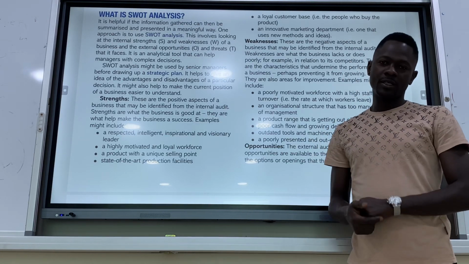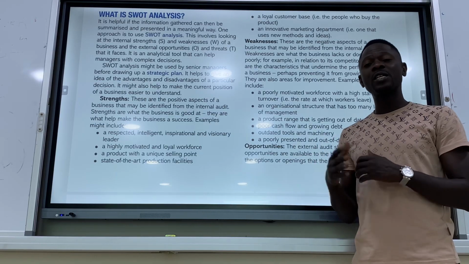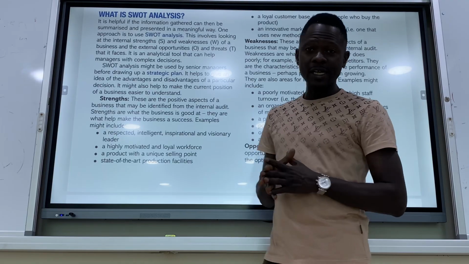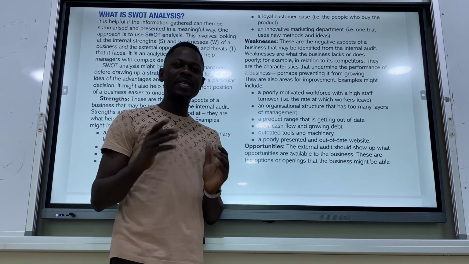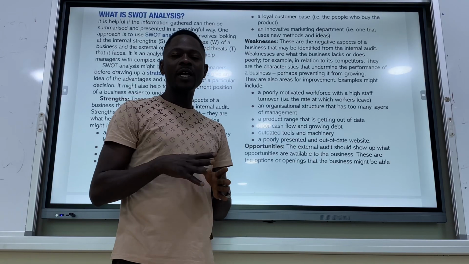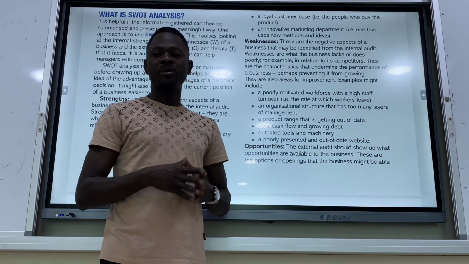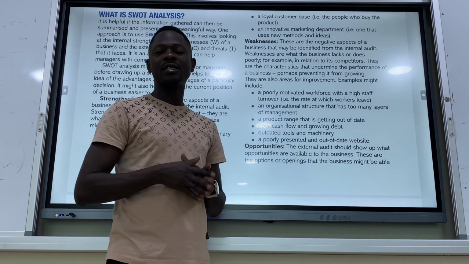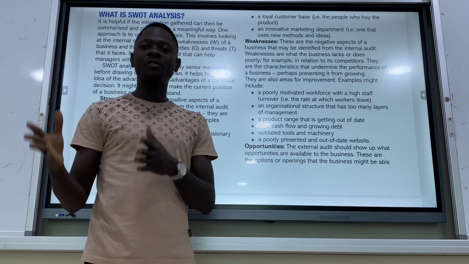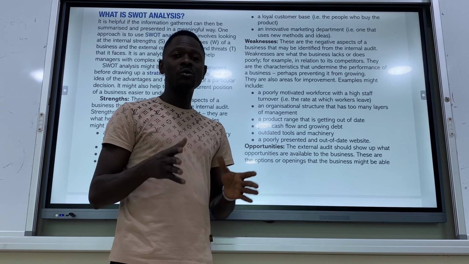Still on SWOT analysis. In the last class we talked about how to gather information, which is either through the internal audit or external audit. Remember, internal audits are information gathered that affects the business itself, within the reach of the business. External audits are information gathered outside the business, beyond the business's control, but the business needs to find a way around them.